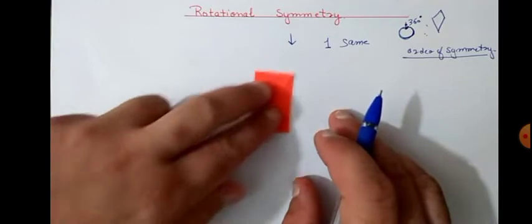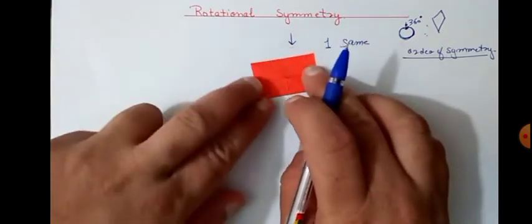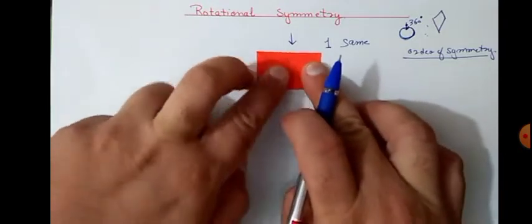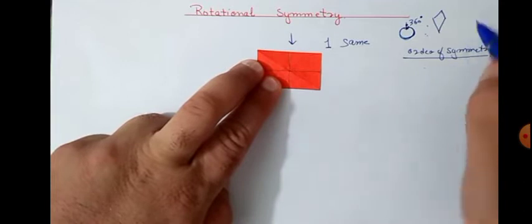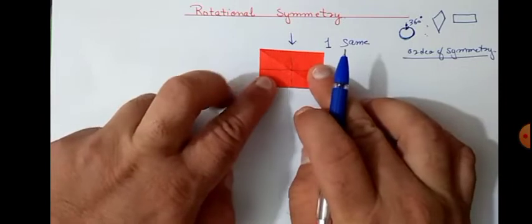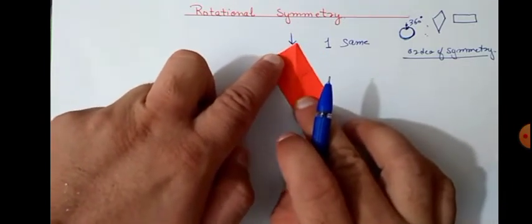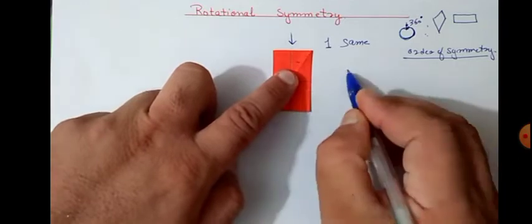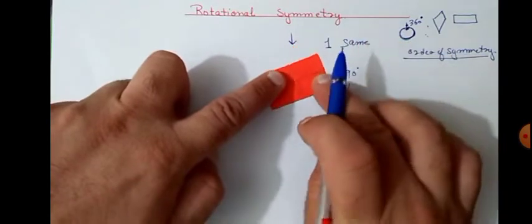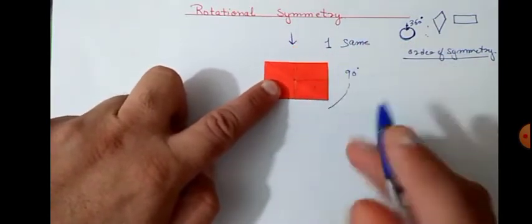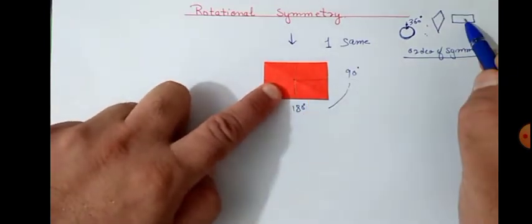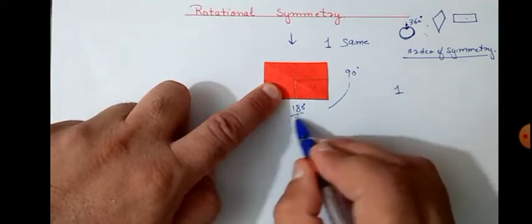Now see another figure, the rectangle. See carefully. Now length and breadth. See its original position. The original figure is like this. Now see, turn. Can we get the same figure? No, 90 degrees. See. Okay. So when we turn 180 degrees, I think it looks the same as the original figure. No? One time.